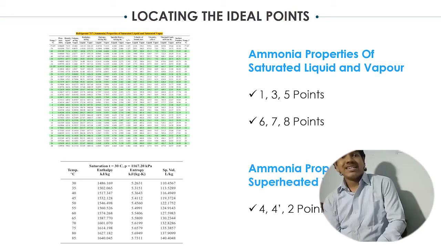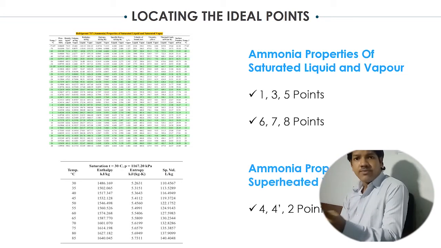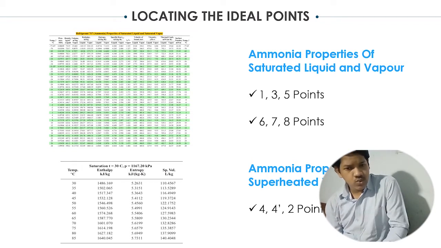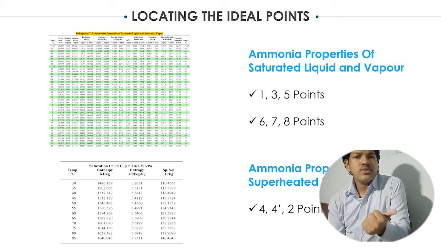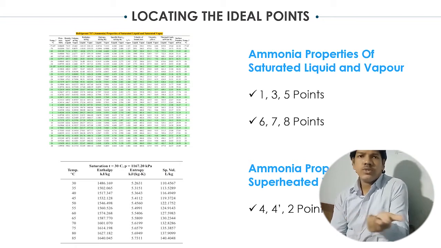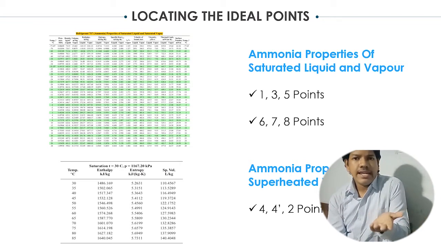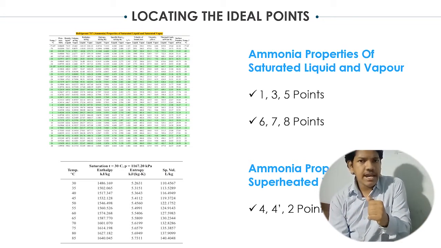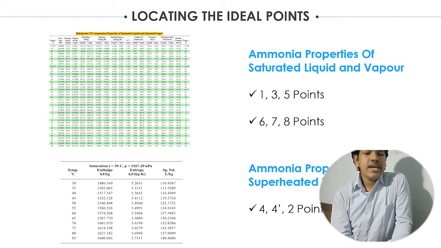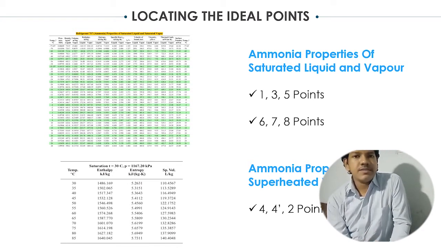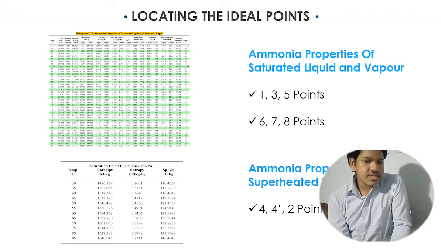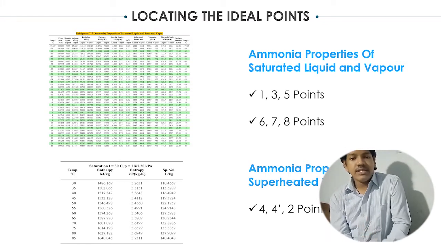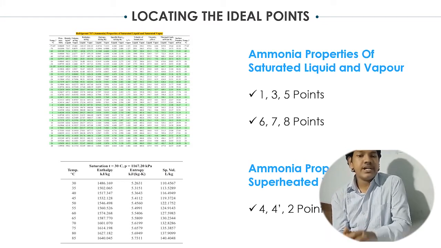Now to get the calculations done, there are two ways that we can use. First, using the thermodynamic properties, that is S2 is equal to S3 plus ln T2 divided by T3, and another is S2 is equal to S3 plus Cp into T2 minus T3, and the other way is a bit simple but time consuming.